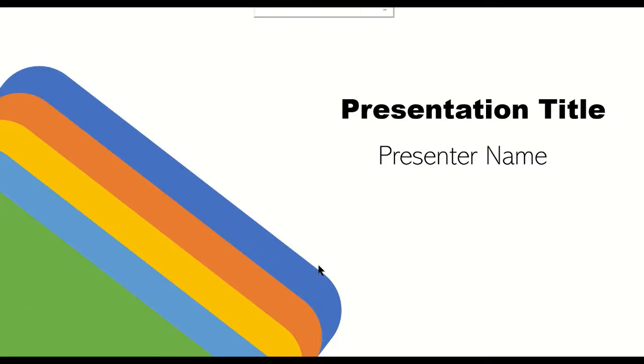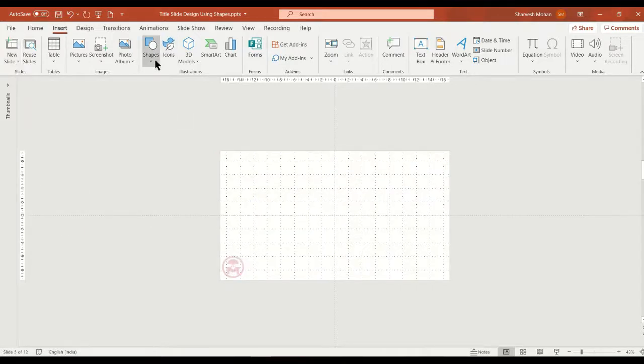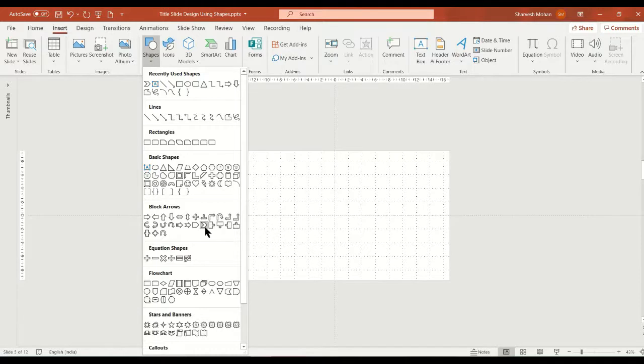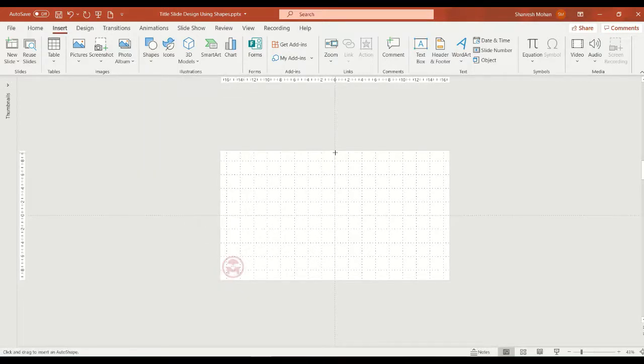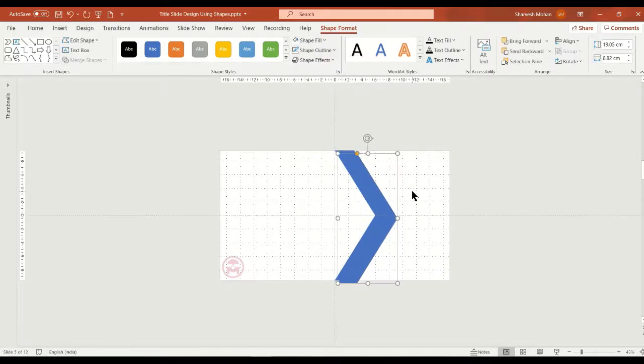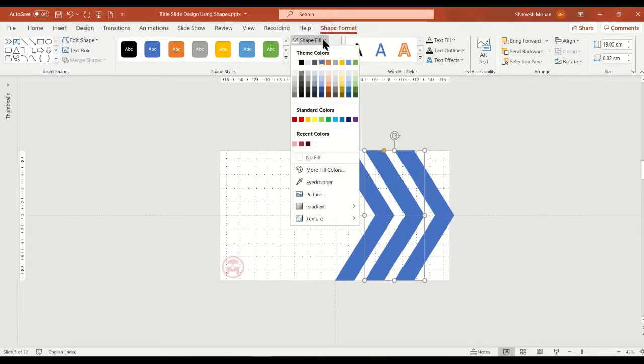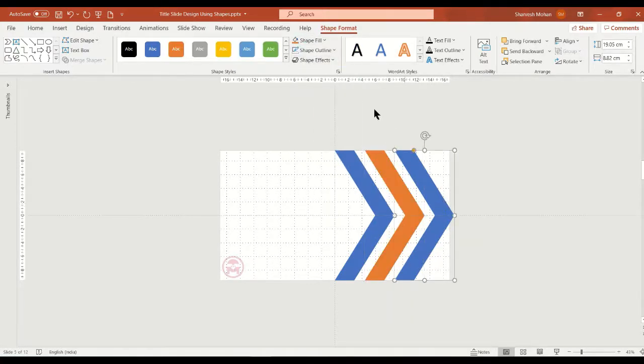Then let's move on and create a blank slide. Select new slide, blank presentation, go to Insert Shapes, and select the option called arrows. Just select like this, reduce the arrow size, click on shape, no outline. Control D for duplicate, put it like this, and Control D. Let's change the color, go to shape fill, put orange for this, and a green color for this. Control A, Control G for grouping.